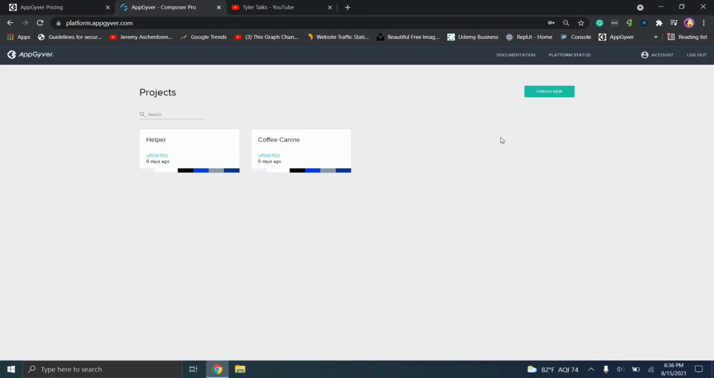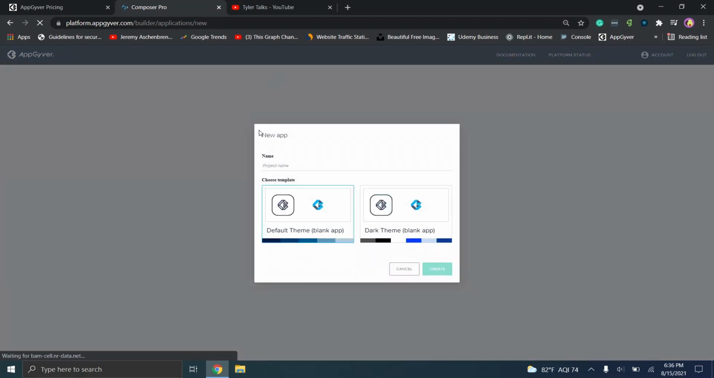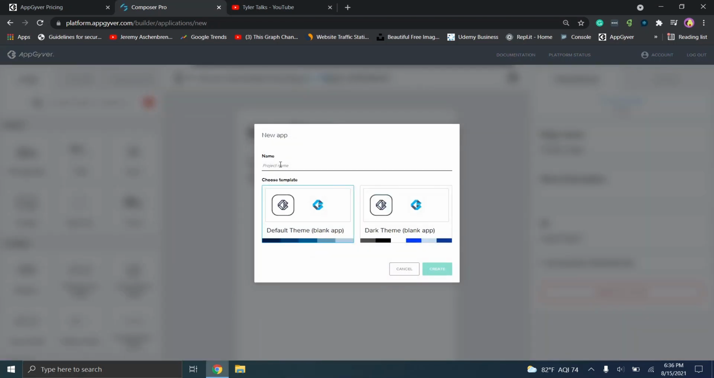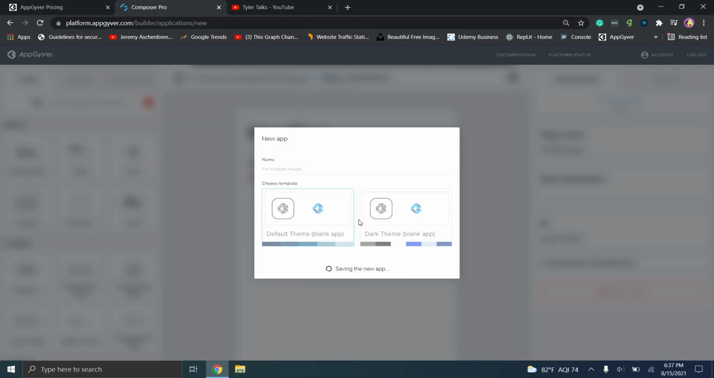But we're going to go ahead and jump in. So I have 2 applications I've created. We're just going to create a new one from scratch. So when we click on this option, we have to choose the project name. So we'll put in YouTube people. And then we'll choose a theme. We'll go with the default theme. And then it'll take a second to save the new application, and it'll drop you in basically your main